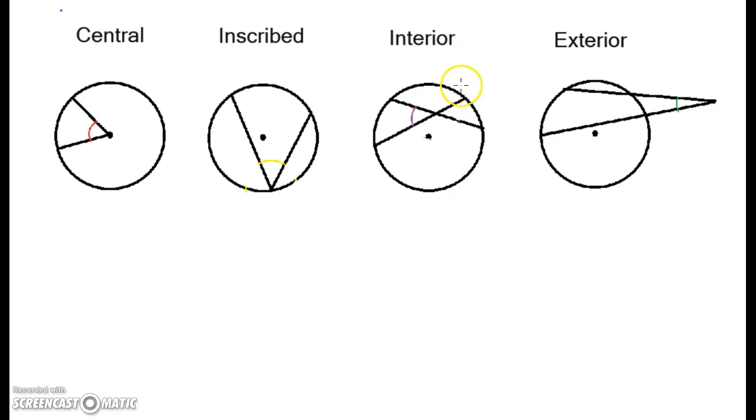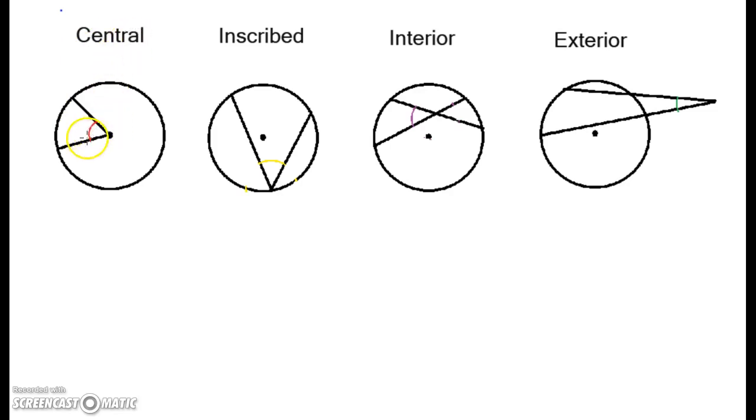Interior angles are angles that are inside of the circle but not at the center. So this angle right here, because it's inside the circle but not at the center, is an interior angle. In fact, there are 1, 2, 3, 4 of them right here. An exterior angle is an angle that's on the outside of the circle, like this one is exterior to the circle. And we're going to learn some rules that go with each one of these. All right, so the first one,